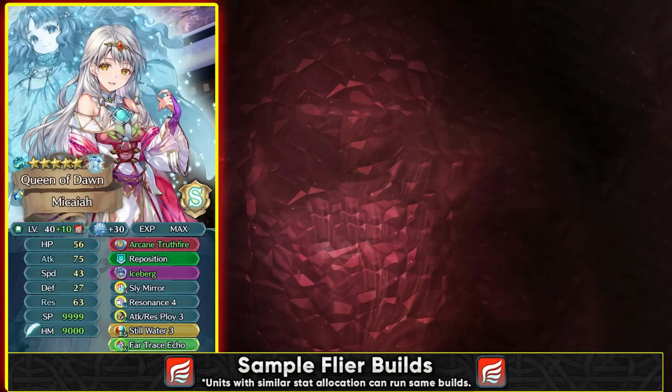You could also run Emblem Marth to have a 1 cooldown Iceberg, and then you could get the Canto out of Fortrace Echo, and you also have the damage reduction piercing with Resonance, and even more true damage, and you also get the Exposure status with Deploy, so you stack up even more true damage. So all of this can help you hit a lot harder, which isn't really possible with her preferred